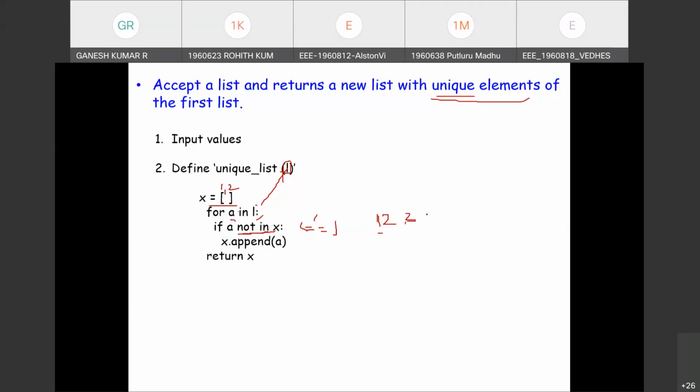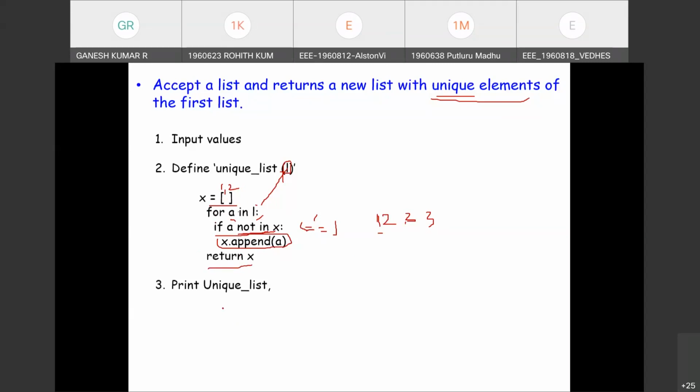For example, the fourth value is again 3. The condition fails. So when the condition fails, the if statement is skipped, ignored. The if block will be skipped and X is returned, and again the next character is scanned.